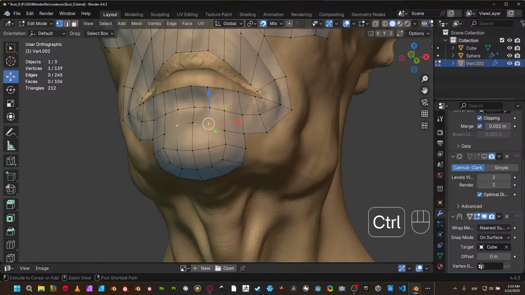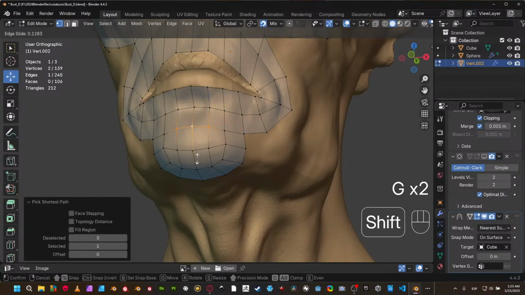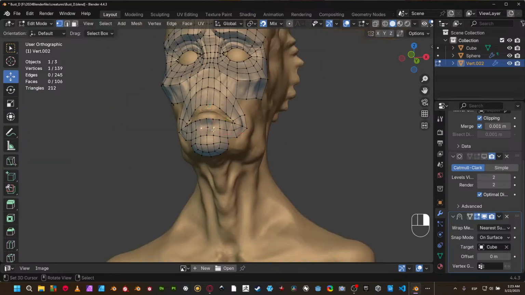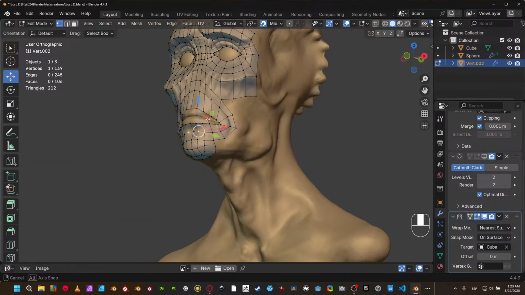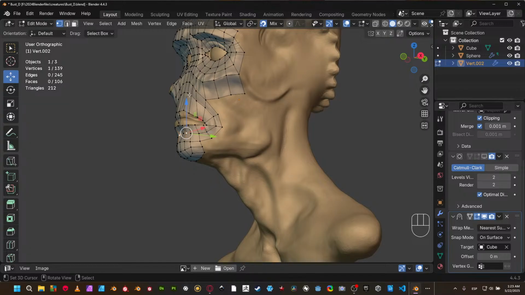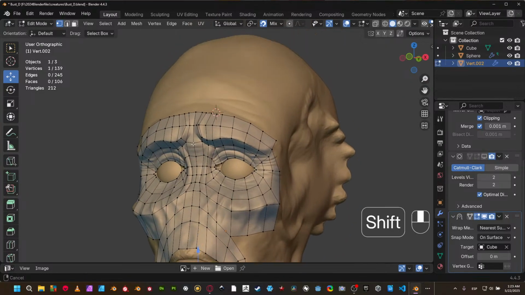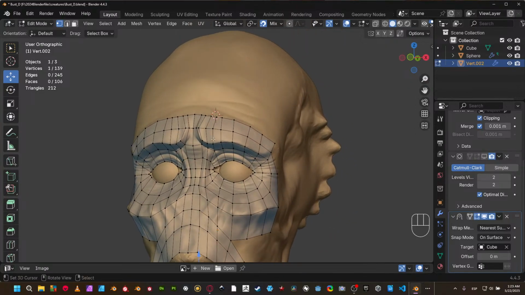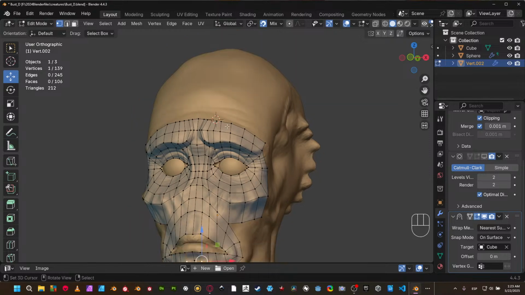So with this, we're gonna have a little bit more control with the character. So as you can see here, we're going nice and dandy with the topology. And you know, one of the most important things when you are doing characters, you need to realize that if you're doing a humanoid, just,